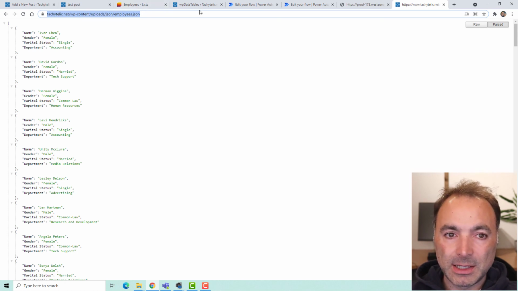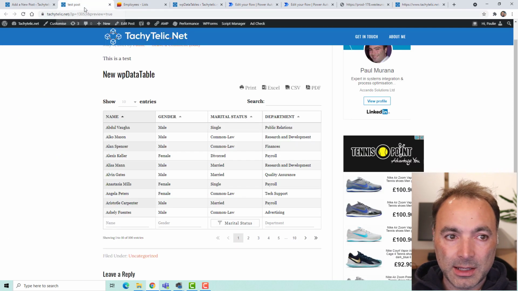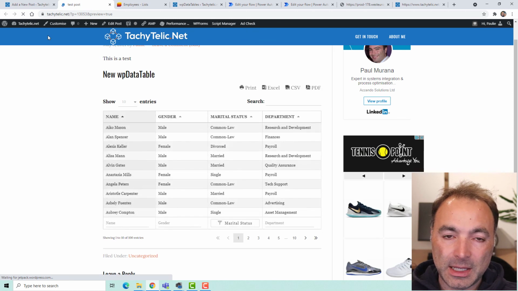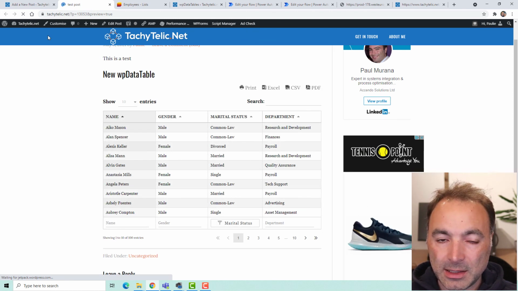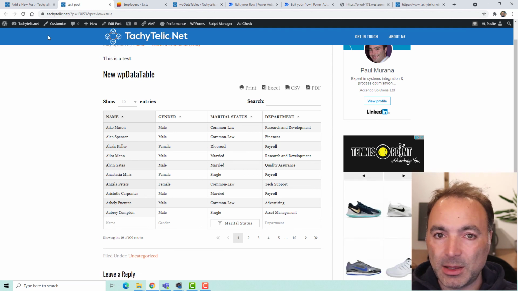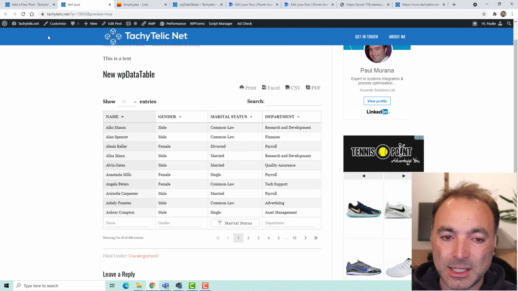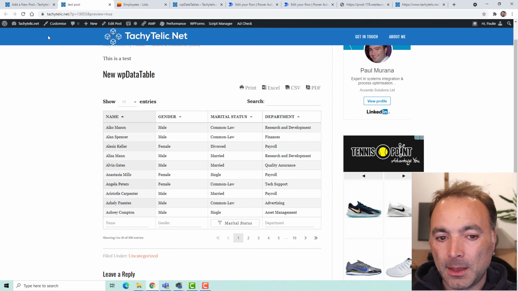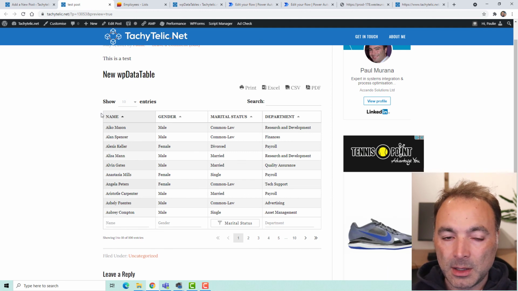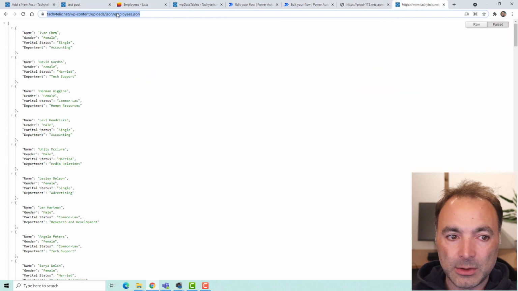So that's it really. WP Data Tables is a nice little plugin. It works pretty quickly regardless of the method. If you are doing a lot of processing at the Power Automate end, then you probably want to use the SSH method, because if the data takes a long time to generate, then you don't want the client to be waiting for that to happen before the table displays. So that's quite a neat little flow, I think. Give it a go, see how you get on.